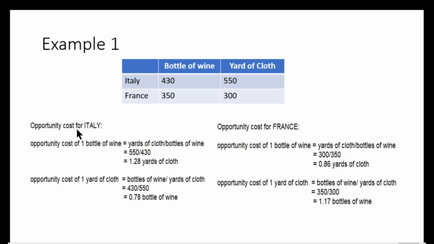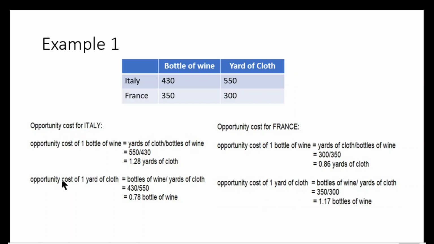So let's compute the opportunity cost for Italy. To make one bottle of wine, Italy has to forgo certain yards of cloth. So the formula would be yards of cloth over bottles of wine. Since we're looking for the opportunity cost of the bottle of wine, we will use the bottle of wine as the denominator. So that is 550 divided by 430. We will get 1.28 yards of cloth. This means that for every one bottle of wine, Italy has to forgo 1.28 yards